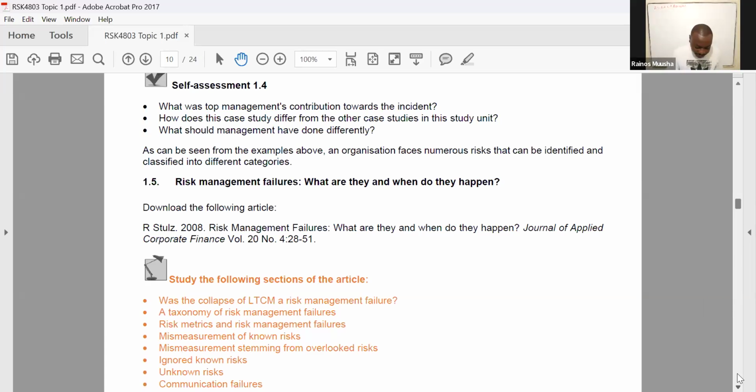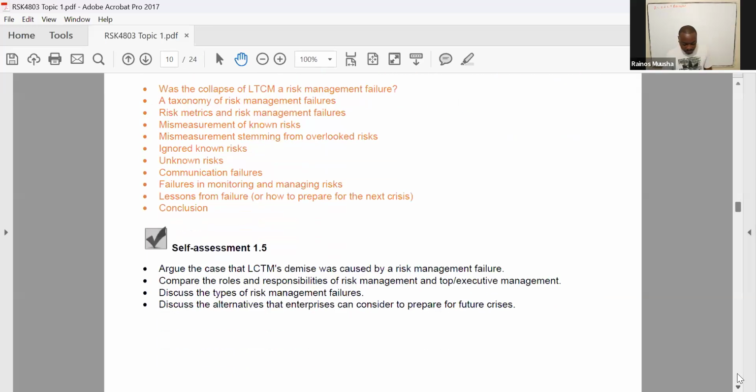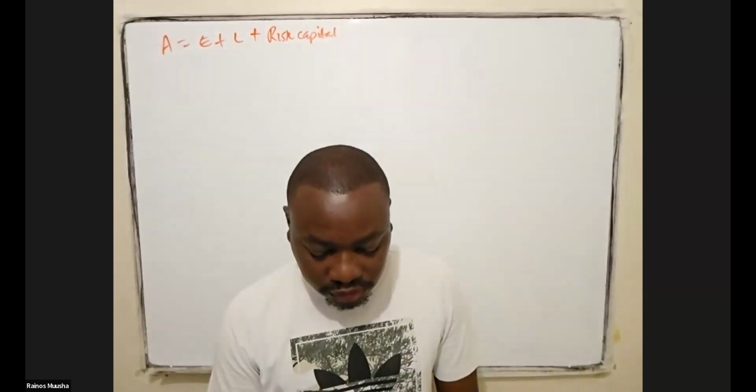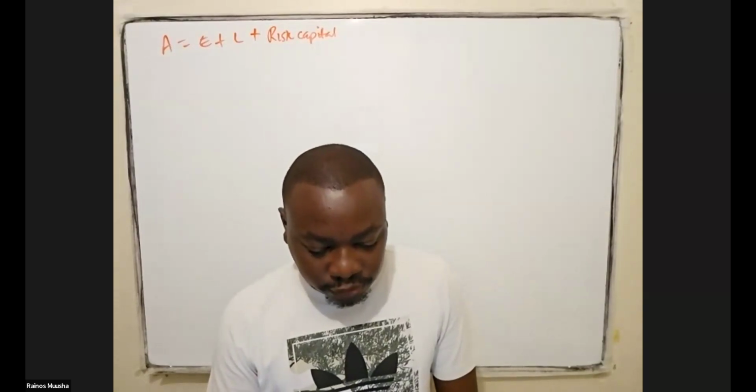So when you look at Unit 1.5, which looks at risk management failures, what are they and when do they happen, you'll see that under the self-assessment, they say: argue the case that LTCM's demise was caused by risk management failure, compare the roles and responsibilities of risk management and top executive management, discuss the types of risk management failures, and discuss the alternatives that an enterprise can consider to prepare for future crises as well. So when you look at these learning outcomes and the article for Unit 1.5,